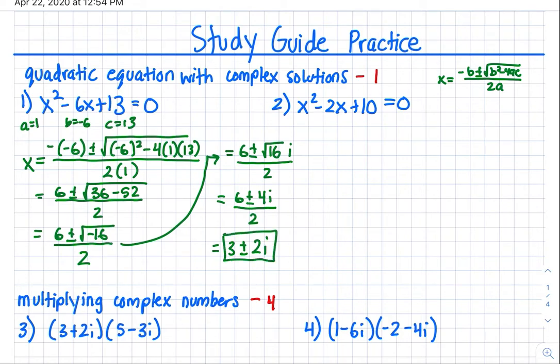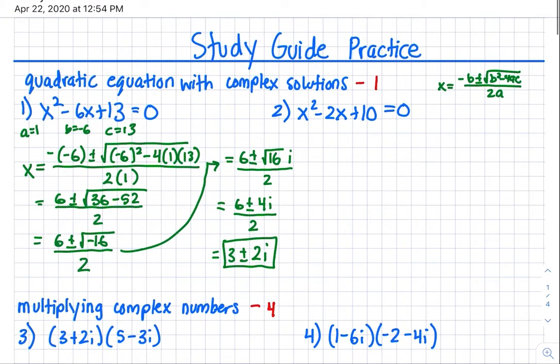Okay. And again, this is also on Khan Academy. So if you look in Khan Academy, you guys can find practice problems there as well. Number 2. x squared minus 2x plus 10 is equal to 0. So this one, our A is equal to 1, your B is equal to -2, and your C is equal to 10. So x is going to equal